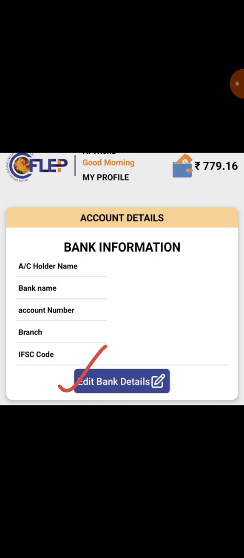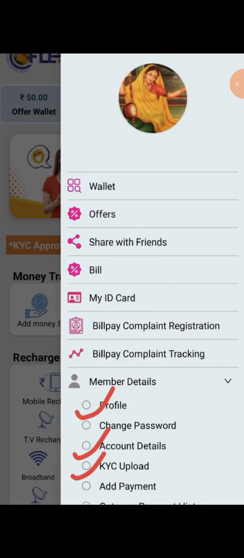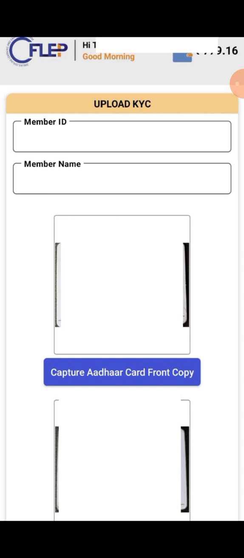Once you have completed this, then again you have to come here, same portion, third one, KYC upload. You have to click again here, then you will go here, update. This preface will come. Automatically your member ID will be here and your name will be found here.